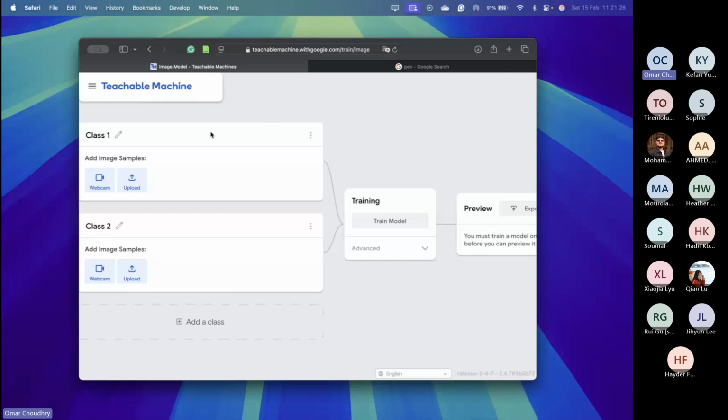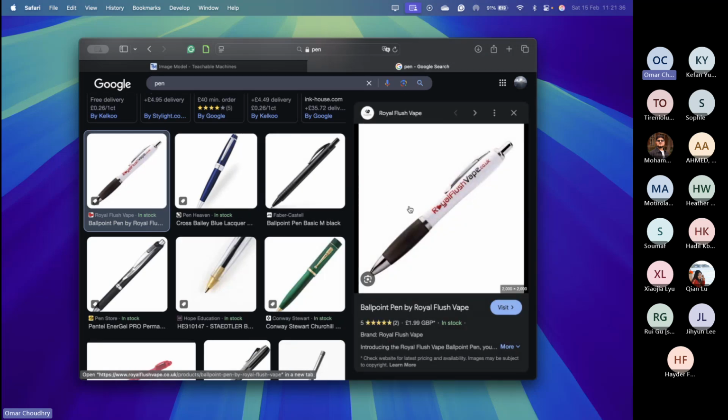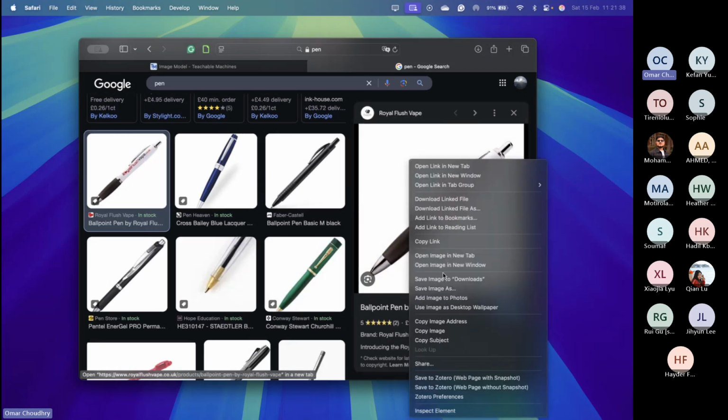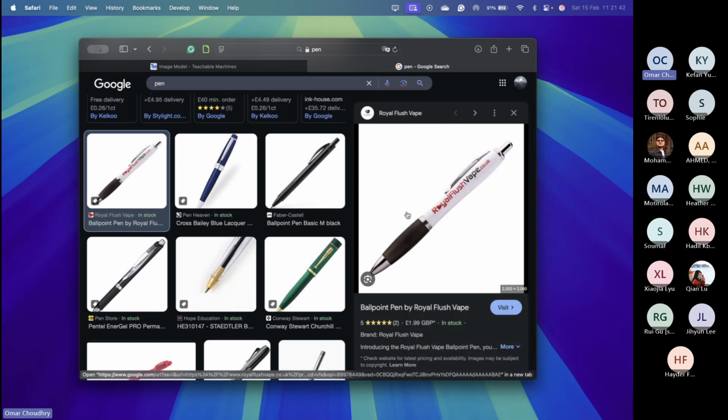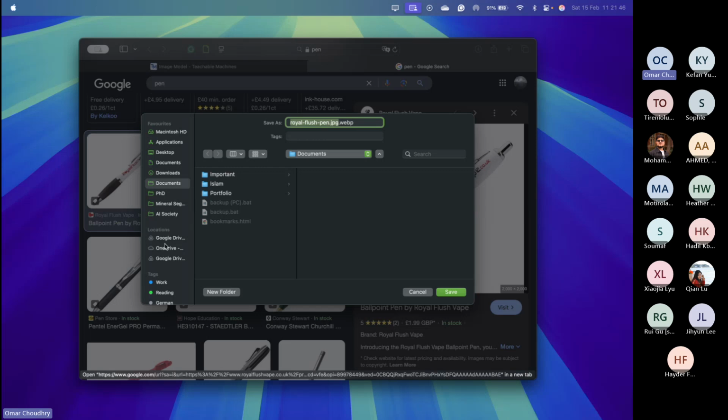So the next step is that we'll go on the internet and we'll just look at pictures of different objects, right? So I've chosen pen and pencil. Be creative, pick whatever you would like. What you want to do is save these images, right? So I'm just going to click Save Image, and I'm going to put it into my training folder inside the pen folder. I'm just going to call it Pen 1.